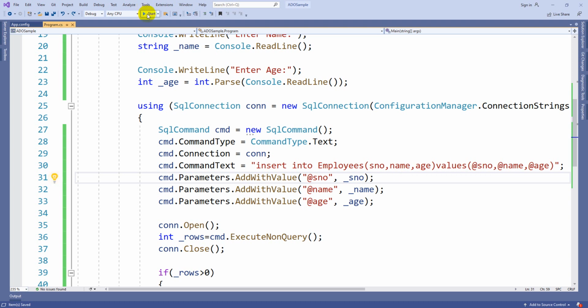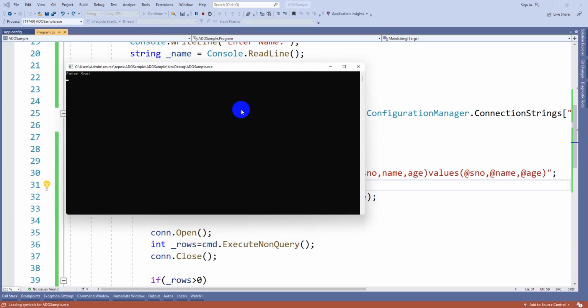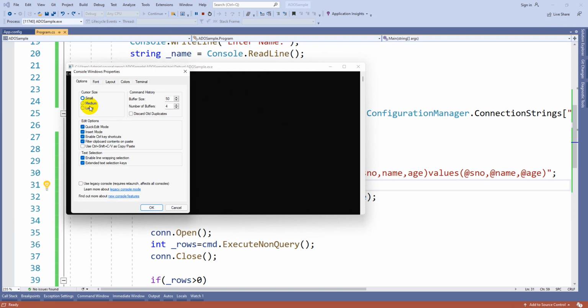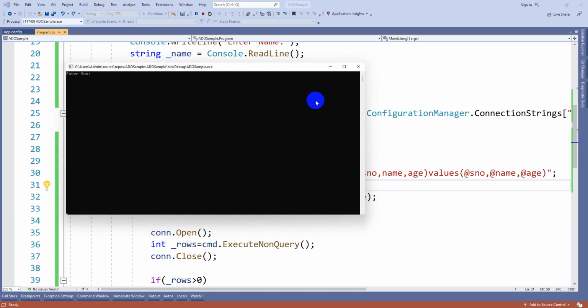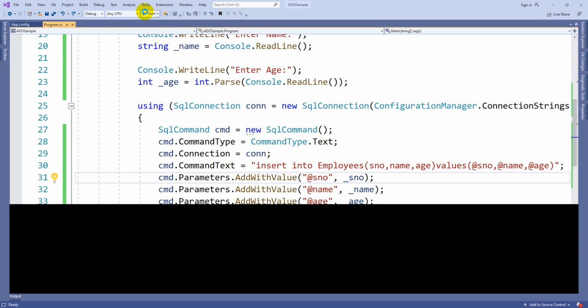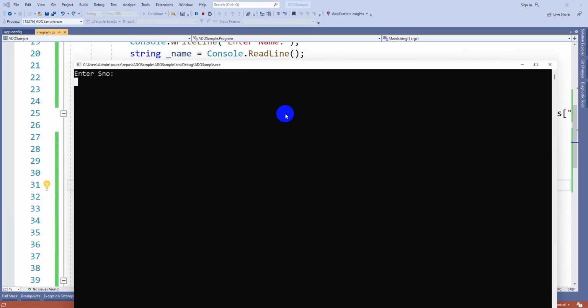Okay, so let me execute. So enter serial number. Let me change some font size. Yeah, serial number 102. Now you can see inserted successfully.